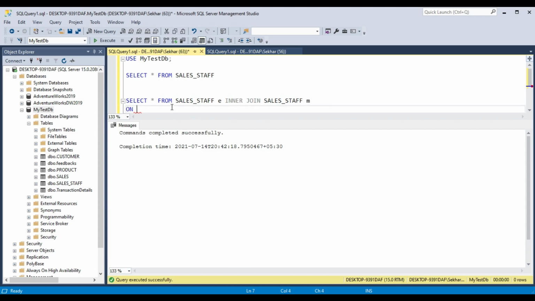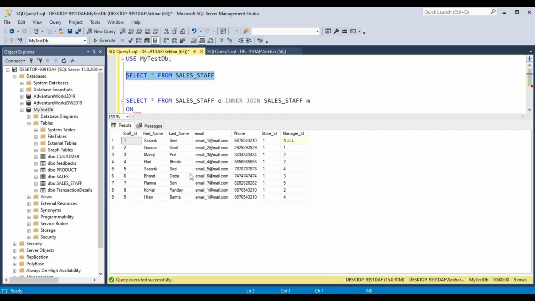And our join condition should be: we have the employee name readily available in the table, but the manager name is not available. So we want the manager name for each staff. Our join condition should be E dot manager ID equals to M dot